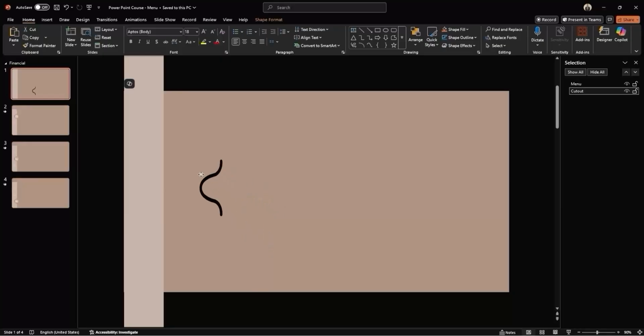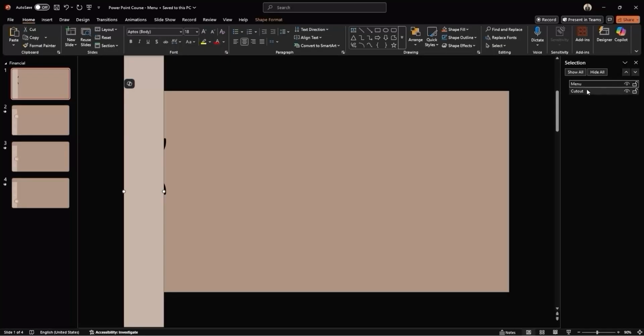We'll use this shape to cut a hole out of the bottom part of the rectangle in the next step. So go ahead and maneuver it underneath the rectangle. You can use your mouse to position it roughly where you want it. And then, for more precise control, tap the arrow keys on your keyboard to nudge it into place.